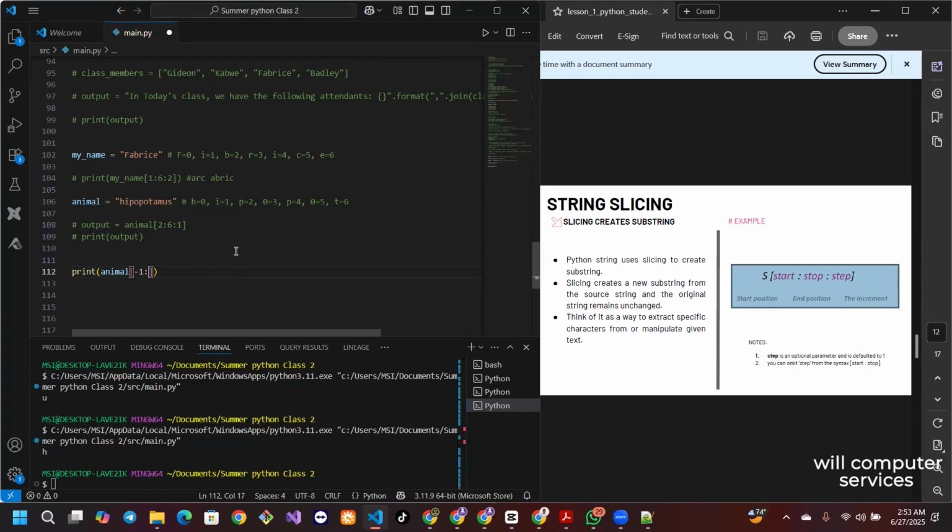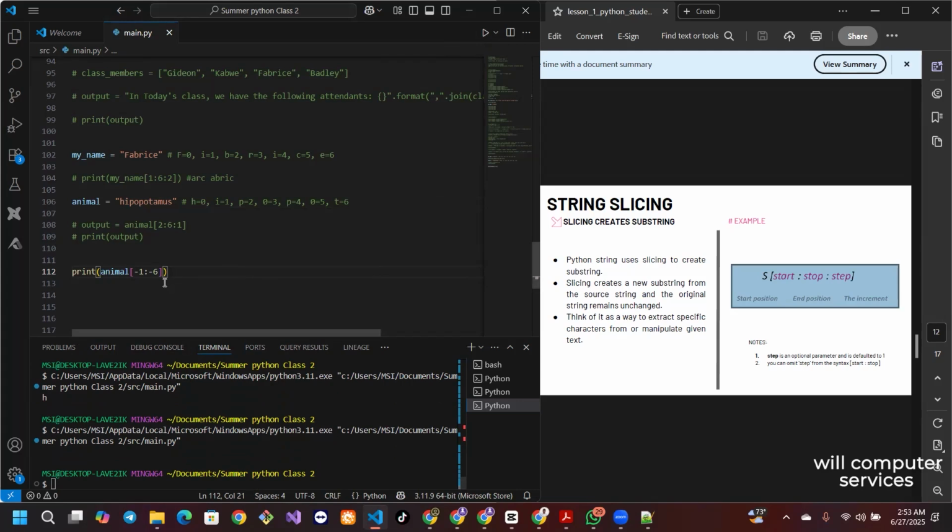And I want to stop at T. So using negative indexing, S is -1, U is -2, M is -3, A is -4, T is -5. But again, we need to add 1, so this is going to be -6. And if I print this now,